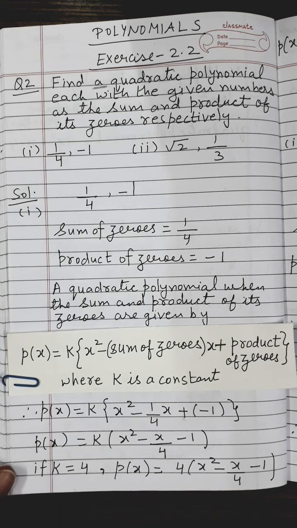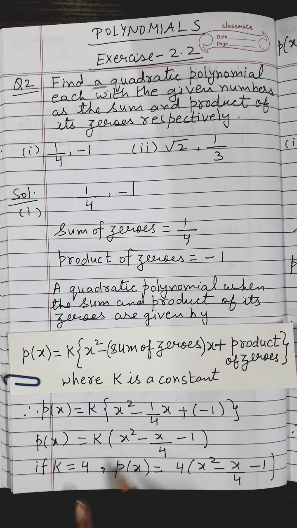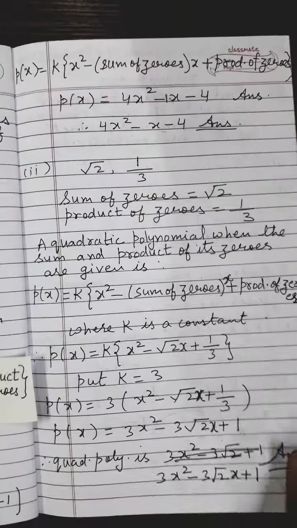So if I have to find one quadratic polynomial, I am finding a very easy type of polynomial where the terms do not have any denominators. For that I have taken k equals to 4. If you put any other real number value of k, you will get some other polynomial also. You can get many polynomials by putting the value of k as a real number, but in the question it was asked to find only one polynomial, so I have obtained only one polynomial by keeping k equals to 4. Right children, so this is how your first part is done.